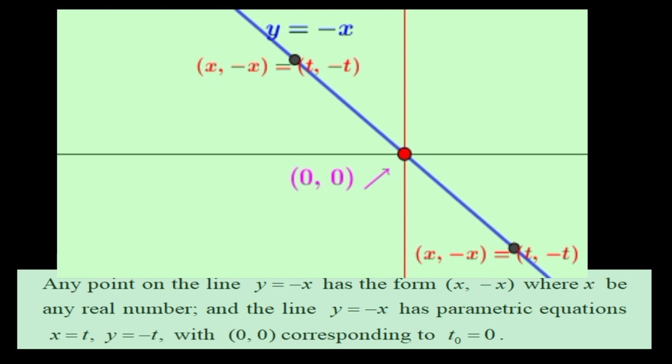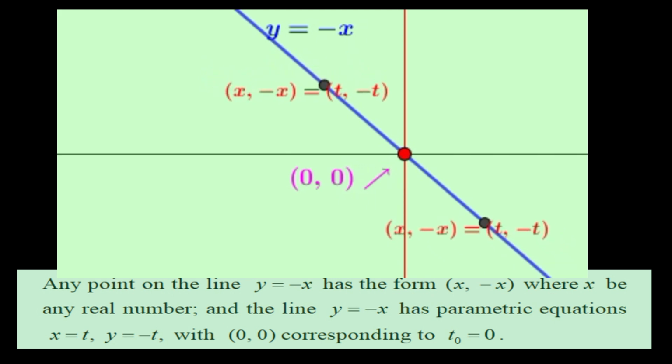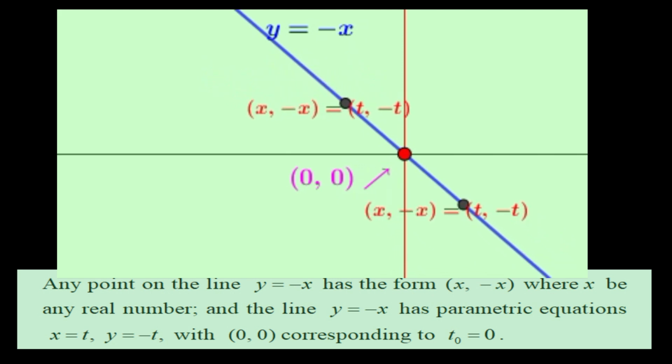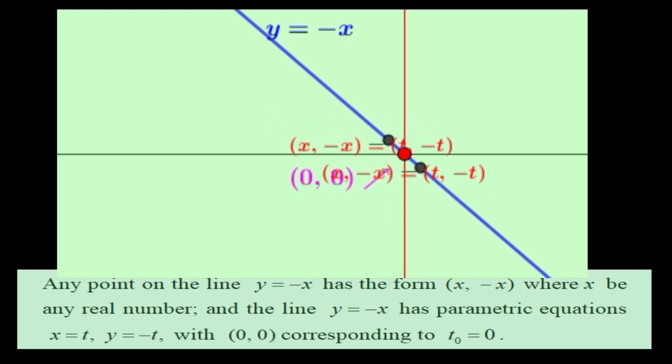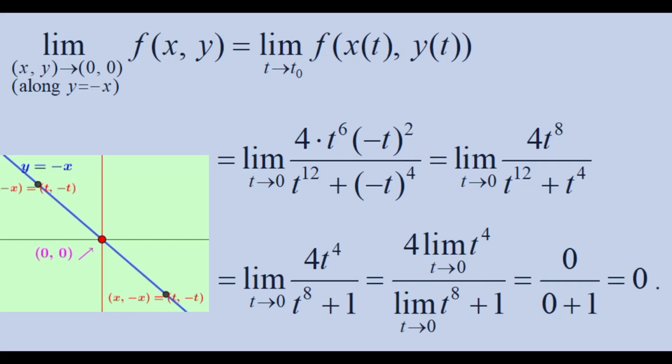Any point on the line y = -x has the form (x, -x), where x is any real number, and the line y = -x has parametric equations x = t and y = -t with (0,0) corresponding to t₀ = 0. So, limit (x,y) approaching (0,0) along the curve y = -x of the function f(x,y)